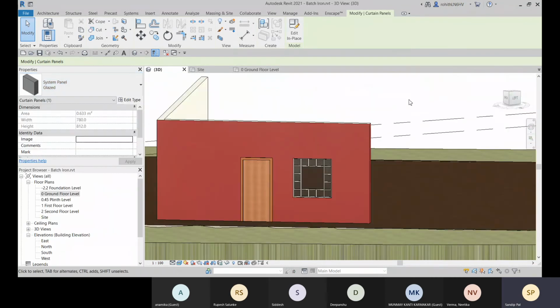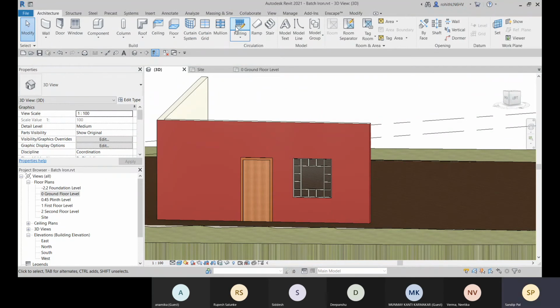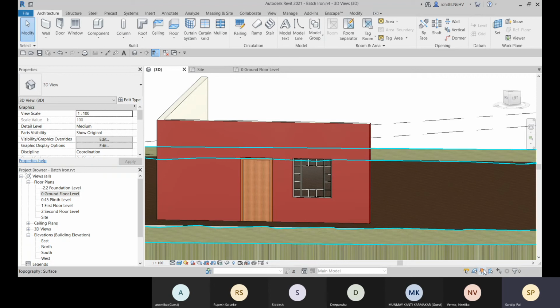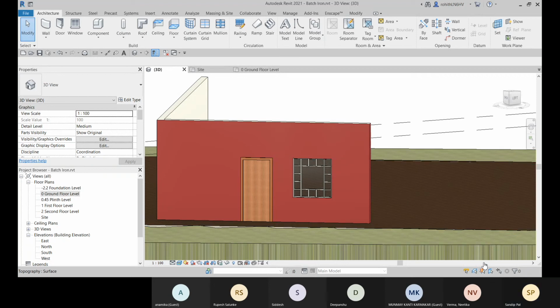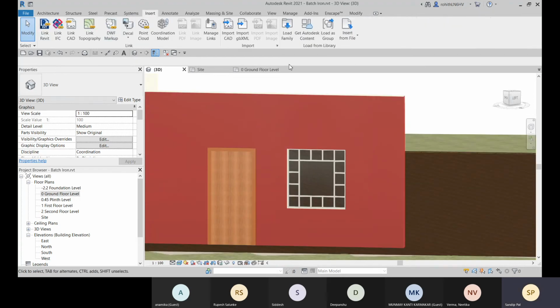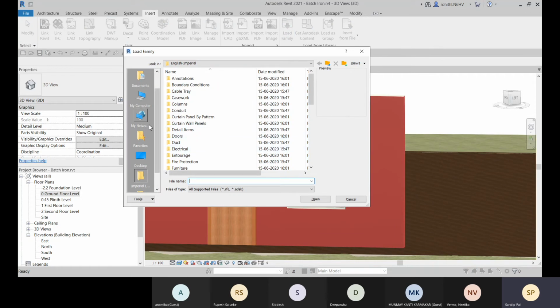So now let me go to the insert tab here and go to load family, and go to Windows.